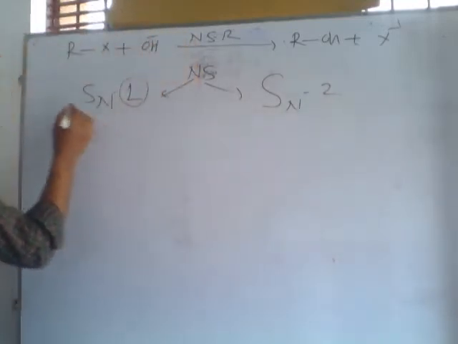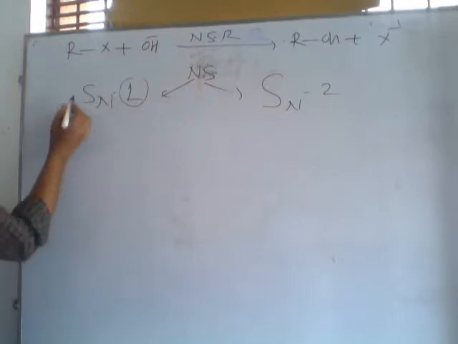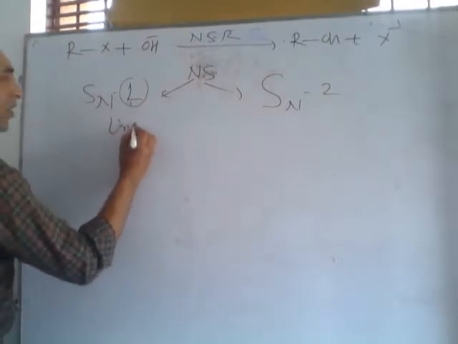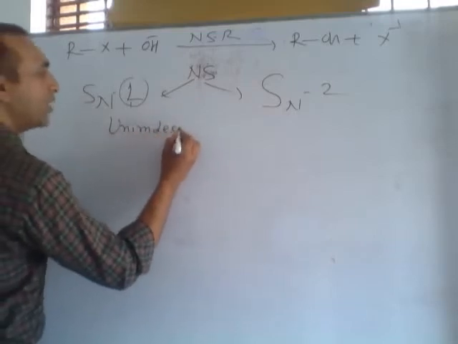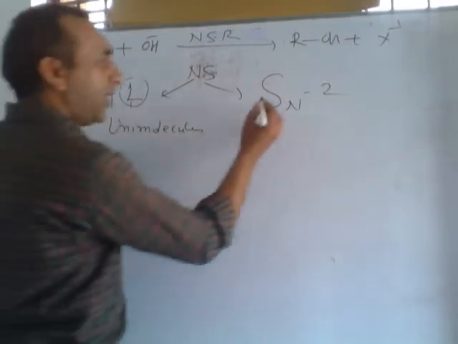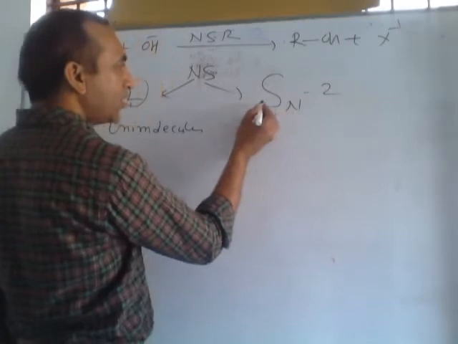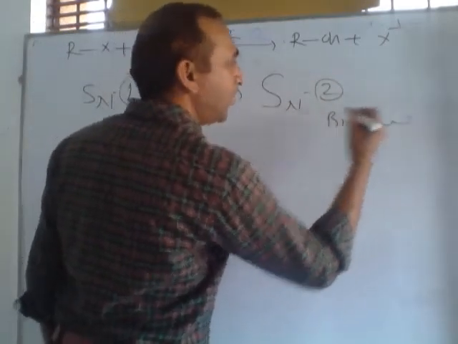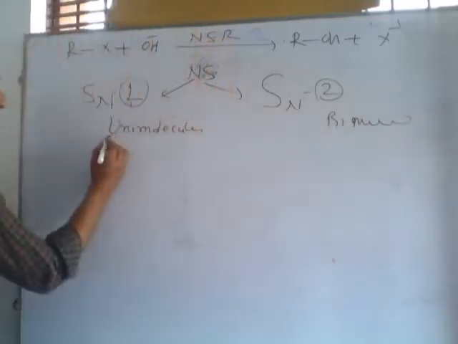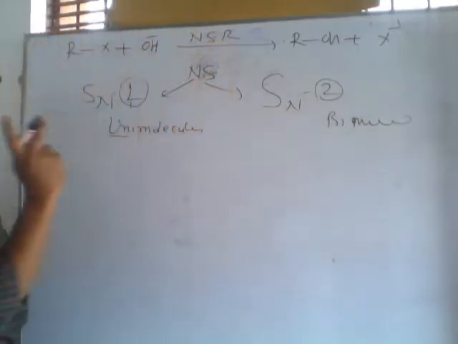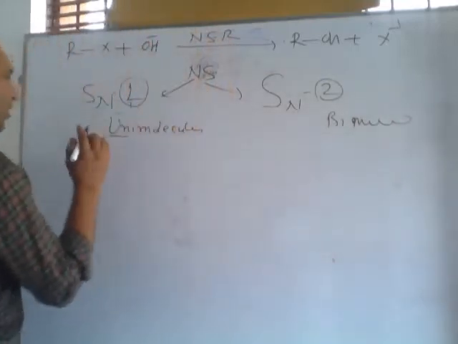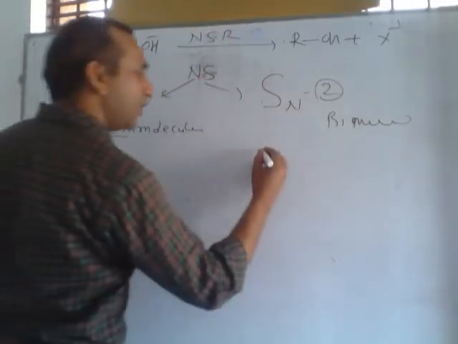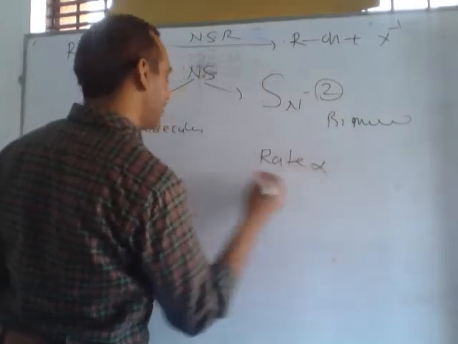The full form of SN1 is nucleophilic substitution, 1 means unimolecular reaction. SN2 means nucleophilic substitution, 2 means bimolecular reaction. Here uni means 1, bi means 2 molecular. The rate of NSR